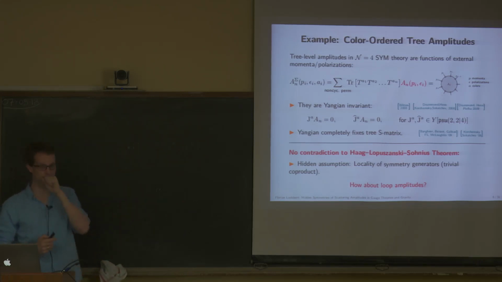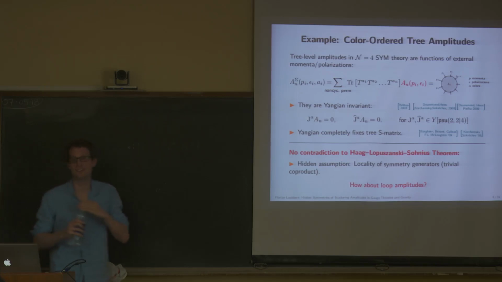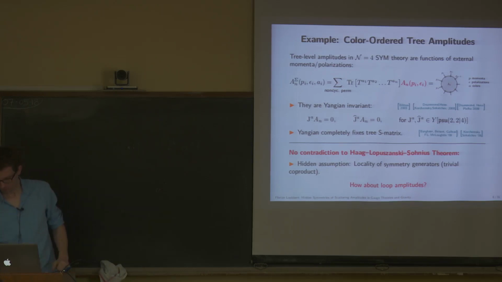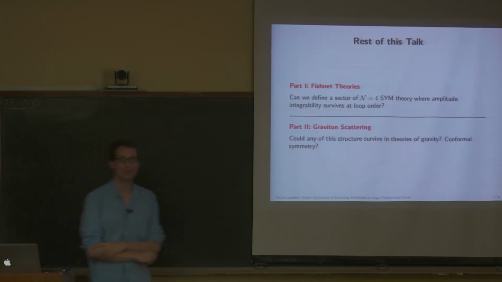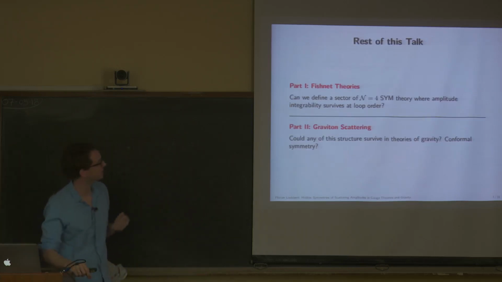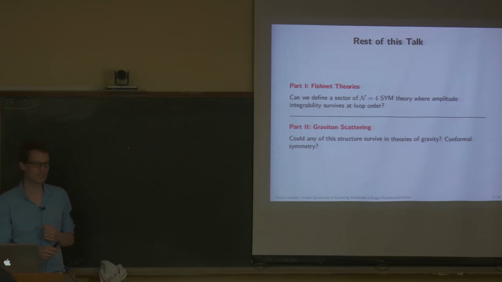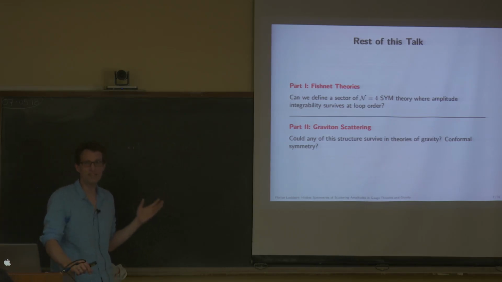So what I told you so far was just about tree level, and a natural question is whether one can lift this to loop amplitudes. And I actually want to spend the rest of this talk on 2 different questions. And the first one addresses exactly this, whether one can define a particular sector of this N equals 4 supersymmetric Yang-Mills theory where one lifts this symmetry to loop amplitudes. Generically in N equals 4, the problem is if you go to loops, you get singularities that you have to regulate, breaking the conformal symmetry, so your nice picture somehow breaks down. So is there a sector where one can still lift this